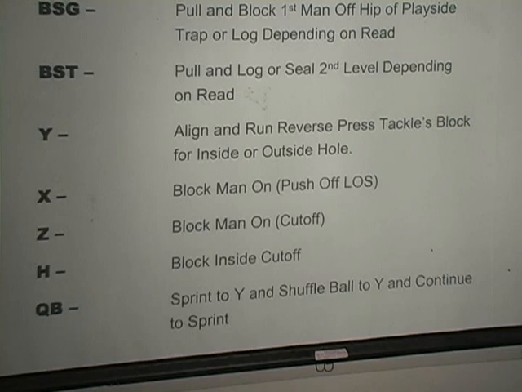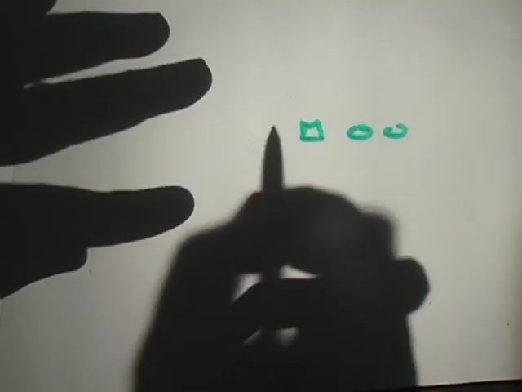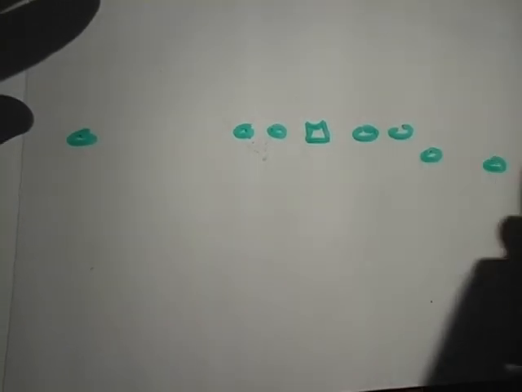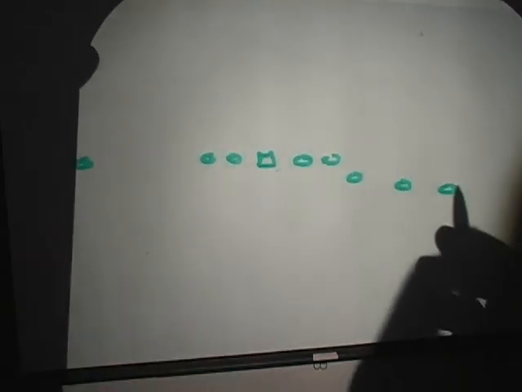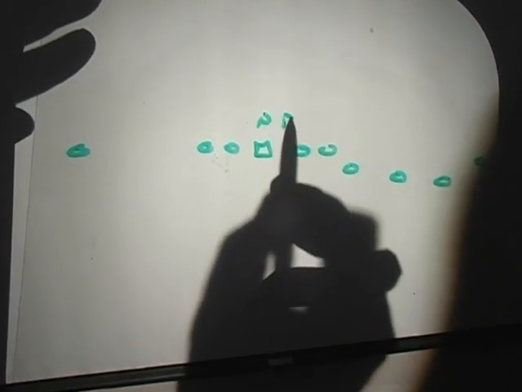Because coaches ask me this all the time: what do you do versus an odd if this happens? I want to make sure you understand something. It's the same rules we just went over. The same exact rules versus even are the same. If a linebacker walks up in that gap,